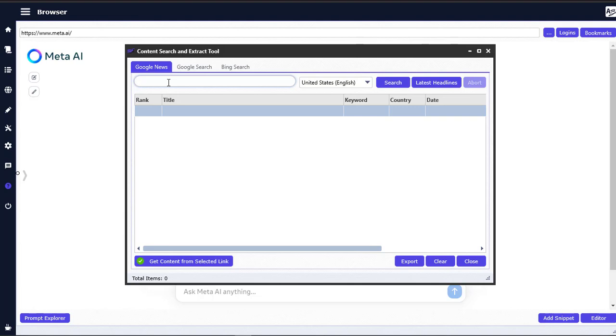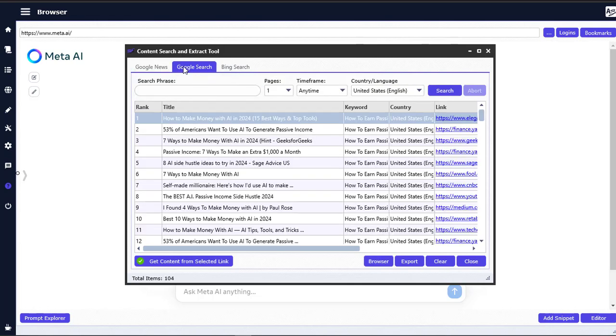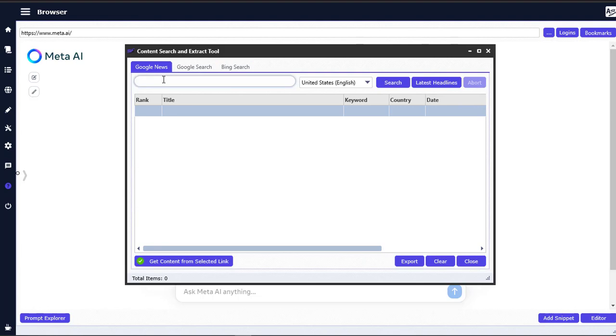be extracting from scratch. So I can extract from Google News, Google search and Bing search. So let me start with Google News. The same way you can do with Google News is the same way you can do on Google search and Bing search. So let me say, for example, I want to search for blogs or news on Realtor, maybe something like Realtor of a thing. So let me just search for how to sell best as a realtor,